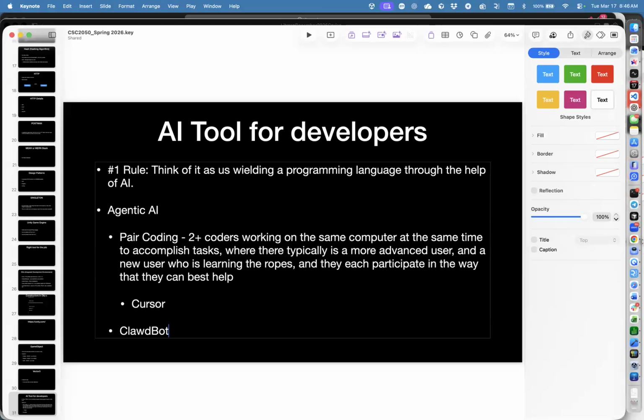So think of Claudebot as this agent program, almost like you're buying a software robot. It lives on your computer, but it can't do anything until you install a brain. How do you install a brain? Well, you pick which model you want to use. You go and get an API key for that model. You drop that model in, give it its API key, and then you start paying a bill.